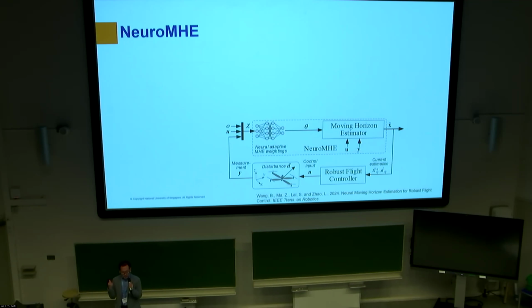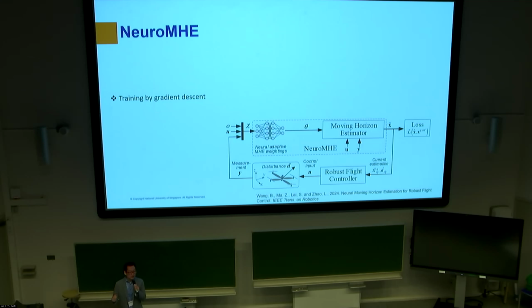All right, so we propose this neural MHE, and this is the loop in the gray area. The neural network will generate the hyperparameters, and then the moving horizon estimator gives the disturbance estimation. Those disturbance torques and forces will be used directly in the controller for feed-forward compensation. In the backward pass, it's trained by gradient descent. We're using gradient descent to train the neural network.